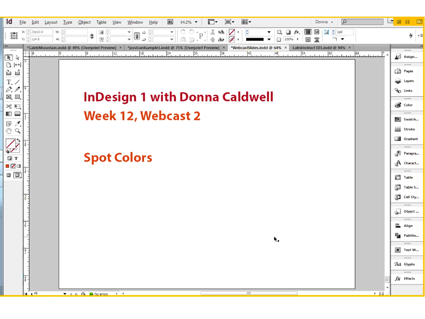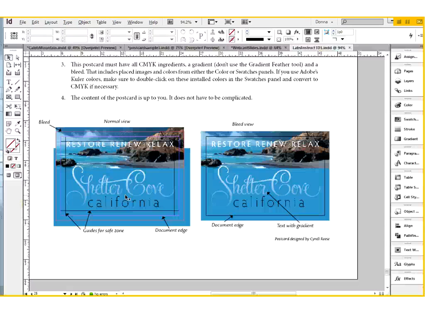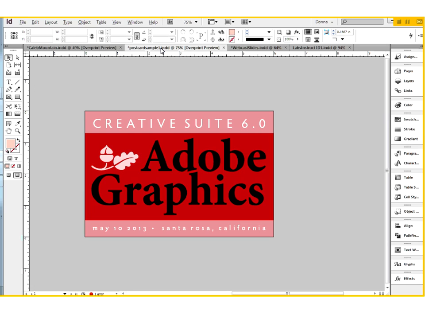I think really the time that's going to be involved in this is how much time you want to put into the design. But essentially, you're going to create 1 postcard that's going to use the CMYK process, and then you're going to create a second postcard that is going to use spot colors. So I thought it would be better if I pushed up the spot color webcast, which is going to be very short. We've covered most of this before, but I want to make it real clear what we're talking about